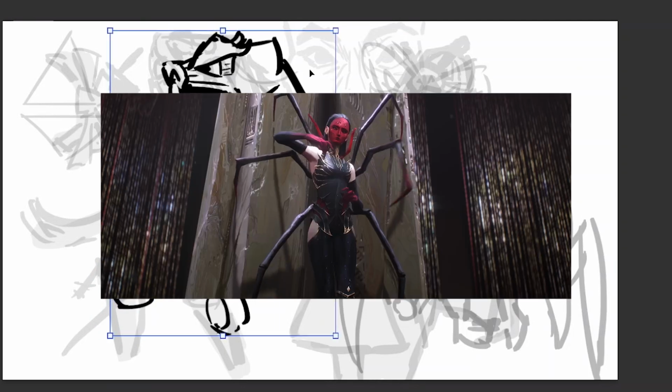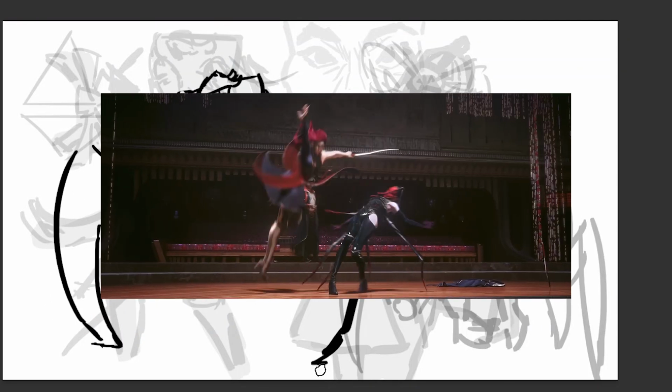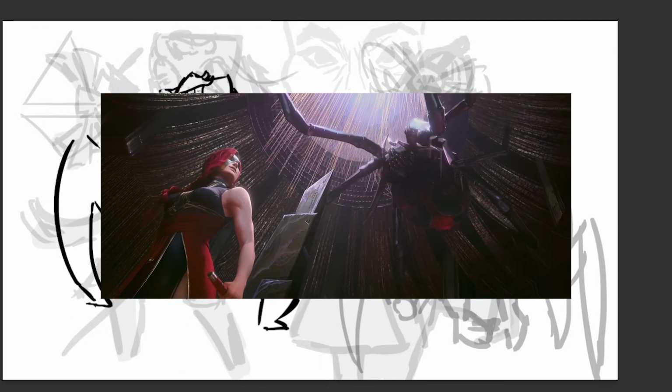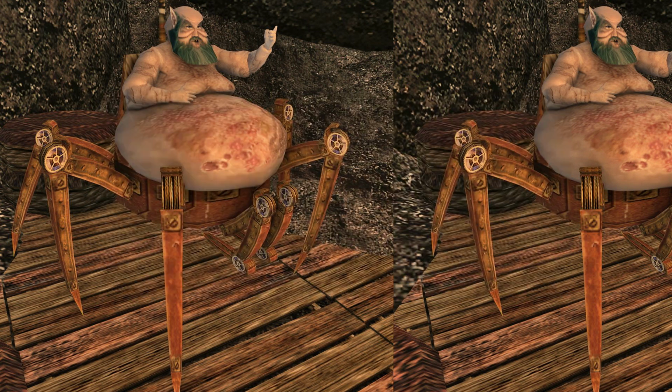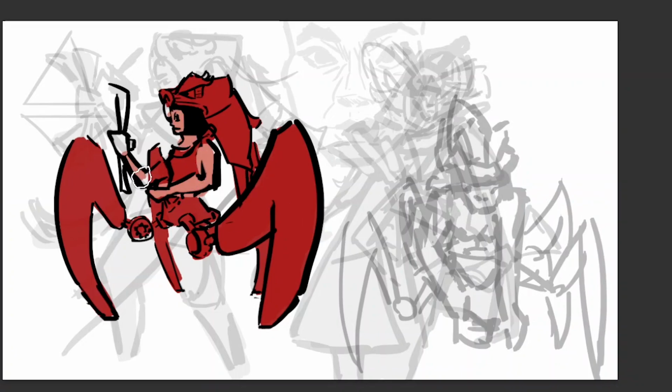Also, I kind of got hit with an Arcane bug in this, as well as a Morrowind bug. I've been playing Morrowind a lot as of late, so I pulled from The Last Living Dwemer and gave this woman spider legs just because I think it'd be cool. And it's the more fantastical stuff that I know for sure I want to go into, so I just said fuck it and did it anyways.